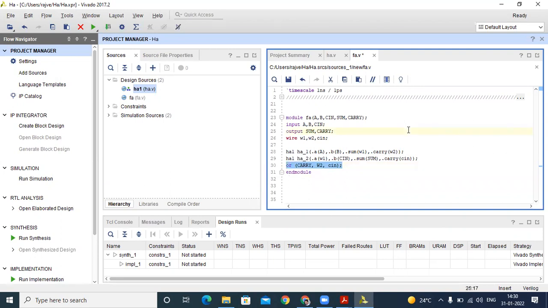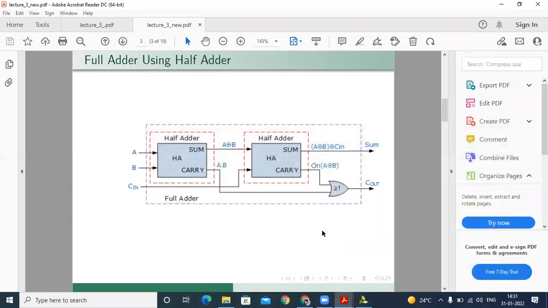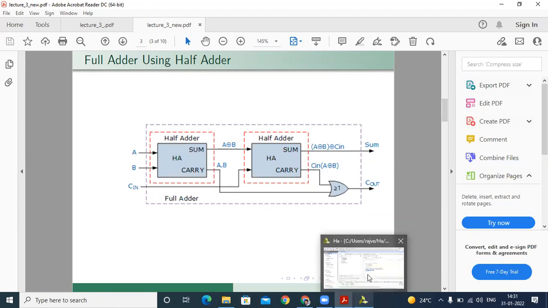With the help of this module, you can easily connect any module in our top module. Here we have two modules, and this is our top module. Suppose we have some internal structure, some mux and some decoder. All this stuff you can easily connect in our top module with the help of this logic.